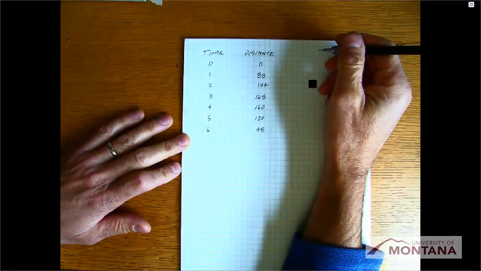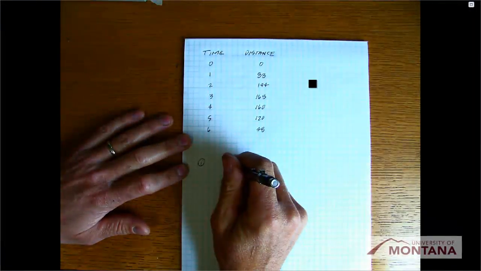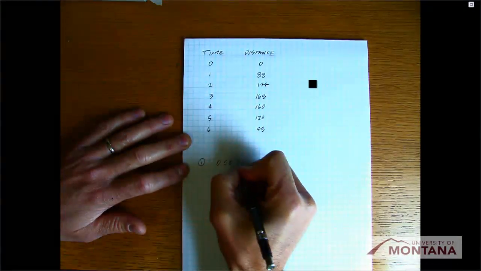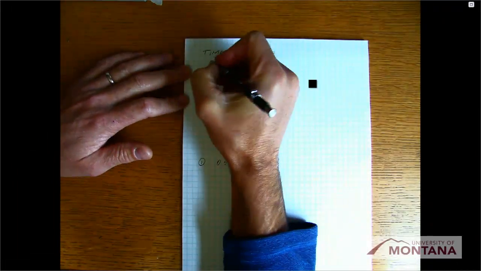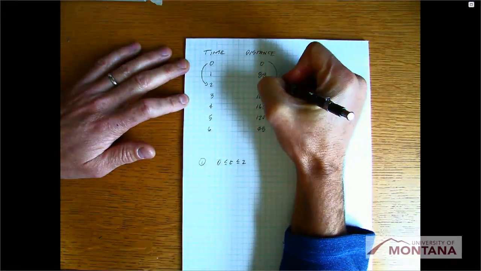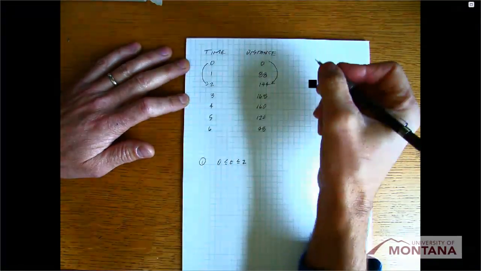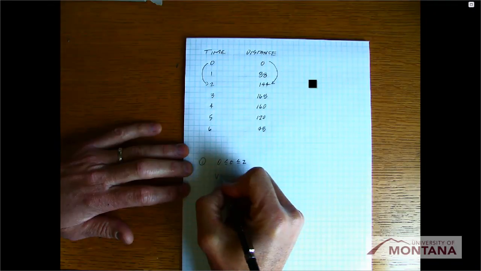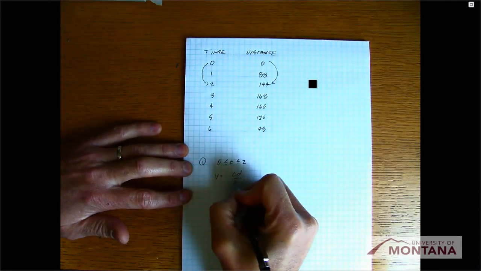And the question is, number one, how could we compute the average velocity for the interval from 0 to 2 seconds? Well, let's just think about that. From 0 to 2 seconds, I can see that we've traveled 144 feet in 2 seconds. So that's pretty easy to do. If we wanted to know what the velocity was, we would do the change in distance over the change in